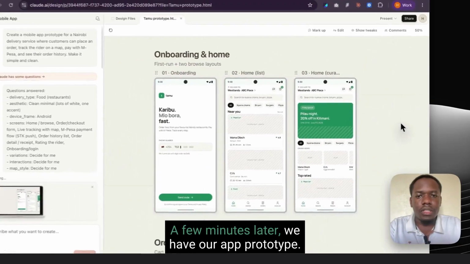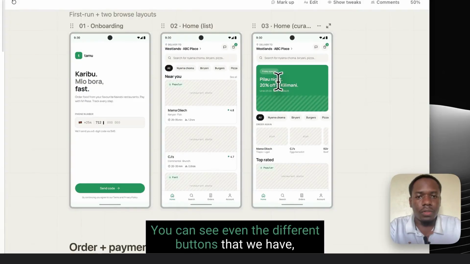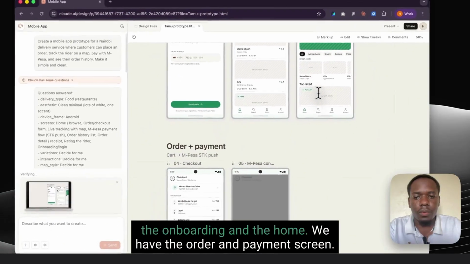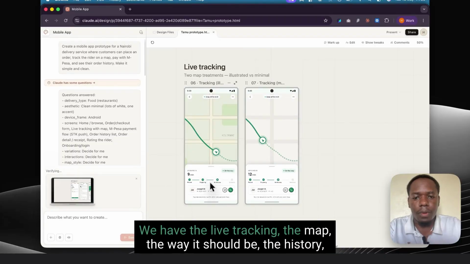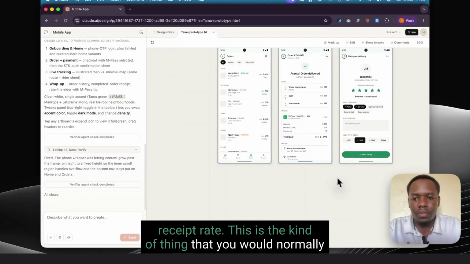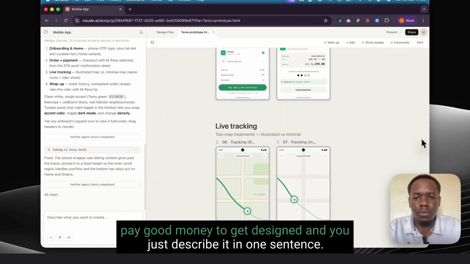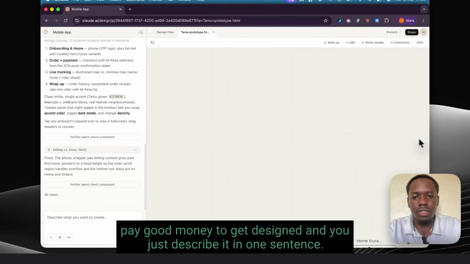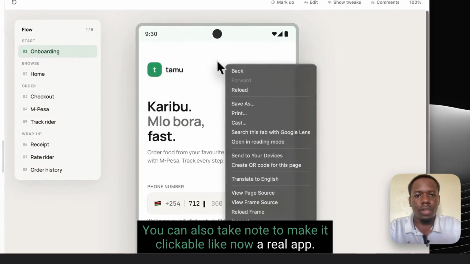A few minutes later, we have our app prototype. You can see even the different buttons that we have: the onboarding and the home. We have the order and payment screen. We have the live tracking, the map, the way it should be, the history, receipt, rate. This is the kind of thing that you would normally pay good money to get designed, and you just described it in one sentence. Okay, you can also ask Claude to make it clickable, like now a real app, and